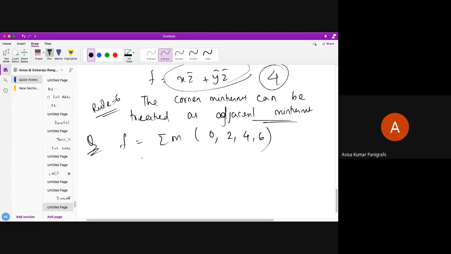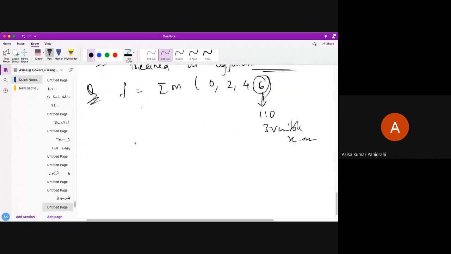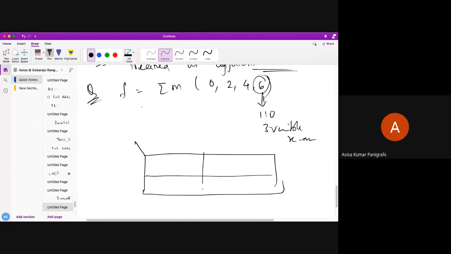So see here, what you have to do first of all is find out how many variables there are. So you see here, 6 means we can express it as 110. Obviously 3 variables came up. So I can construct a 3 variable map over here. The 3 variable map is nothing else but this, which is my x, y, z.